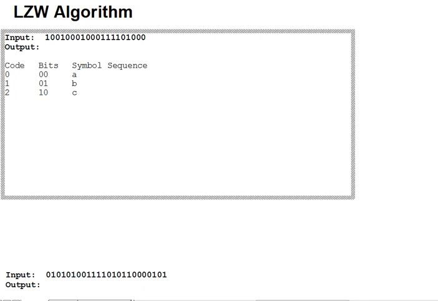But from there, the decompressor reconstructs the dictionary as it decompresses, using the same algorithm that the compressor used to create the dictionary in the first place. And since the decompressor knows exactly the algorithm that the compressor used and exactly the initial alphabet, it can produce an exact copy of what the compressor had as a dictionary at each stage of the compression. Let's see how this works by decompressing the result of our second example from the lecture on